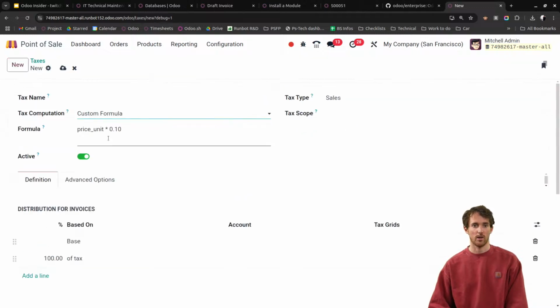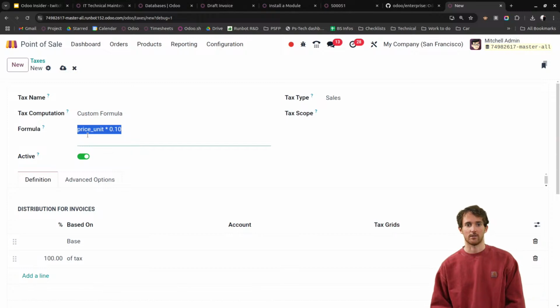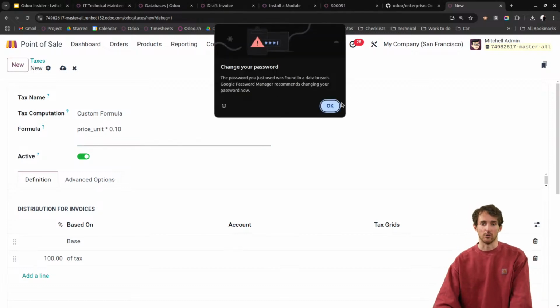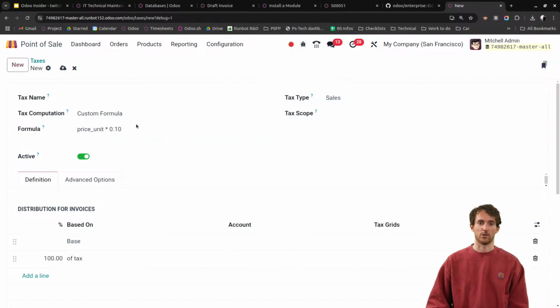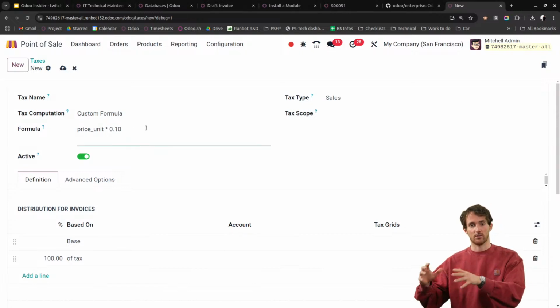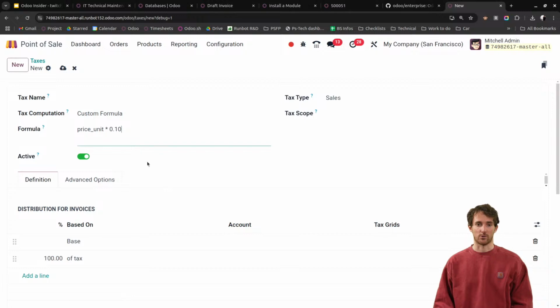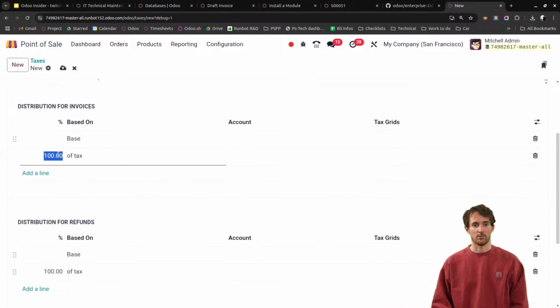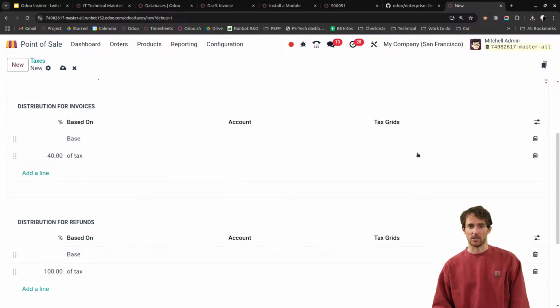yes, so here I have custom formula in which I can decide to make, let's say, a smarter computation, which could be to say, okay, I want 60% of my price unit to have a certain amount of tax rate, plus the other amount that has a certain amount as well of the tax rate. So that's where you could manage the computation to be correct. And then it's here to apply probably the base computation to say, okay, 40% of the base should be applied to one specific account and the rest to another one, or at least with a different tax rate,